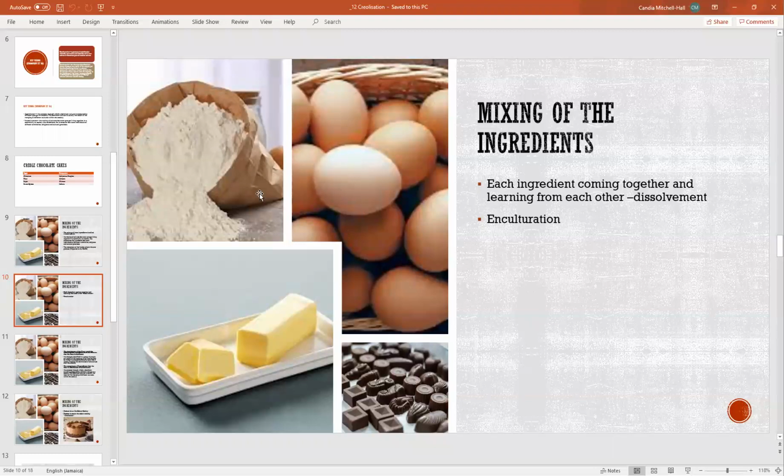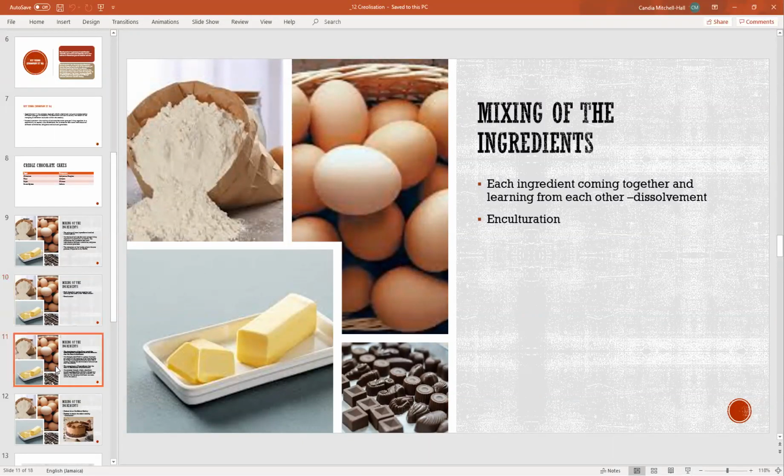They are absorbing it. Each of the ingredients absorbing each other. Yes, for you to have that mixture, you absorb each other here, or you're basically learning about their own culture. So the flour, while at the same time absorbing its own culture, is also learning from the egg, because it is mixing the egg and also the butter and also the chocolate, because they realize that they have to coexist or exist within